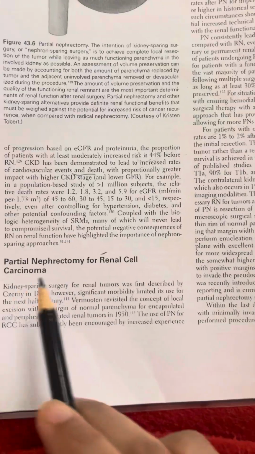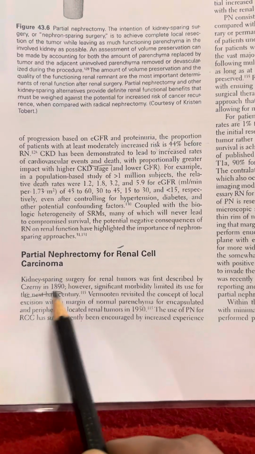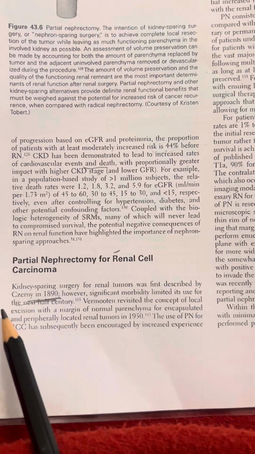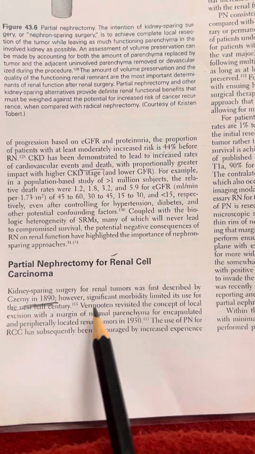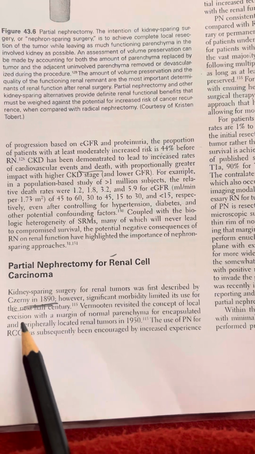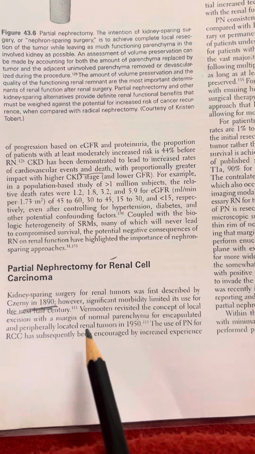Partial nephrectomy for renal cell carcinoma. Kidney sparing surgery for renal tumor was first described by Czerny in 1890. However, significant morbidity limited its use for the next half century. Vermeulen revisited the concept for local excision with a margin of normal parenchyma for encapsulated and peripherally located renal tumor